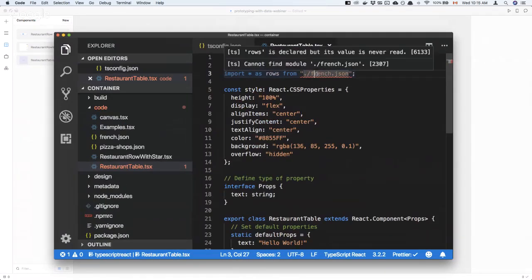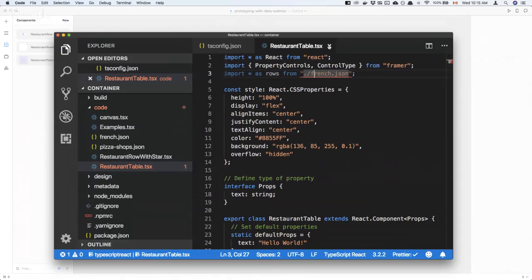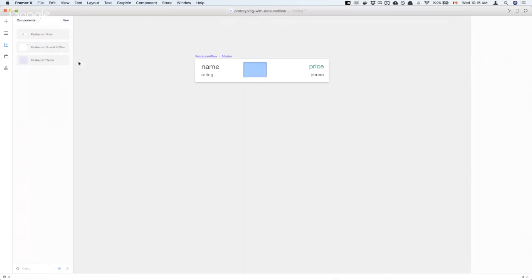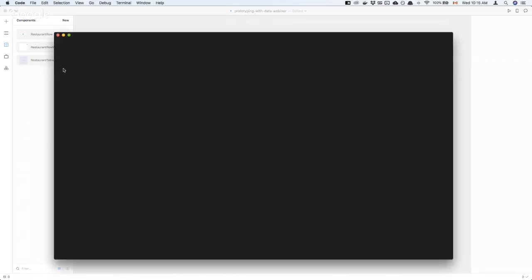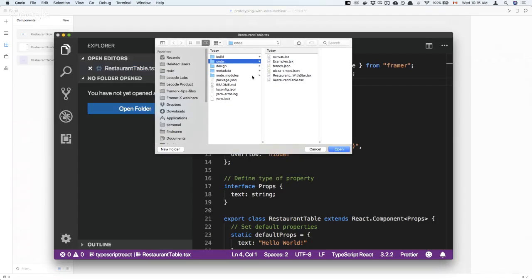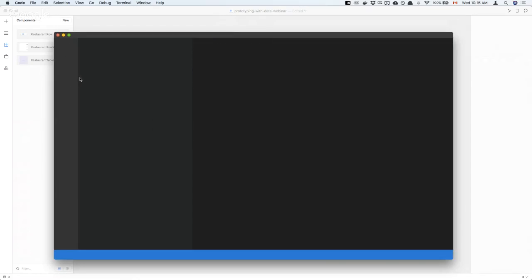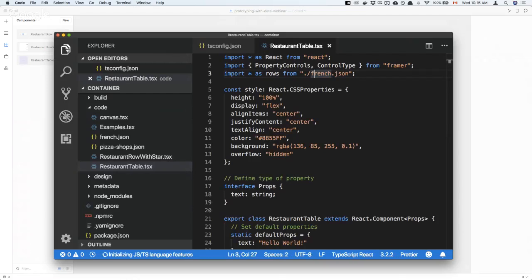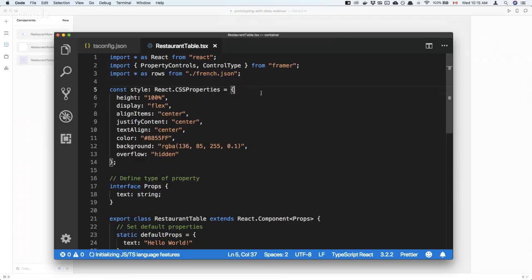I think it's still working, even if maybe let me just close this whole thing and reopen it. That seems to be better. Okay, open the folder. Again, open container. Okay, so that error is gone, which means that we are ready to use this French.json file as this